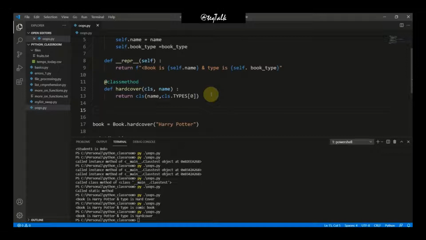So here again we can create another class method, def method called paperback, small p, paperback. Yes. And then again, we need to pass CLS as the class itself, and name, that will be our book's name.